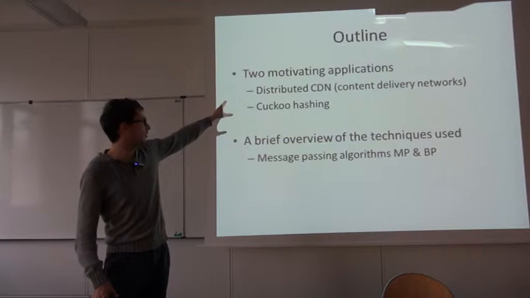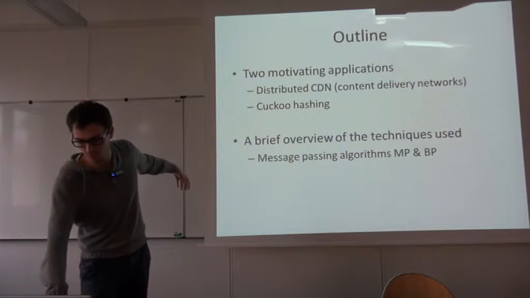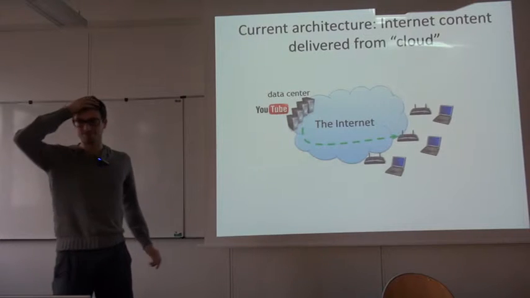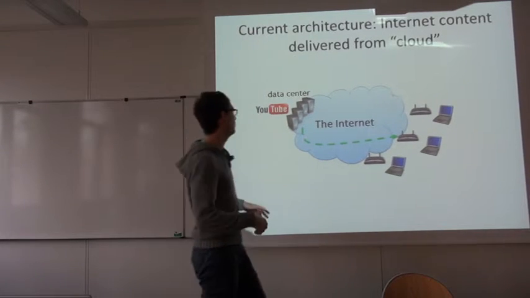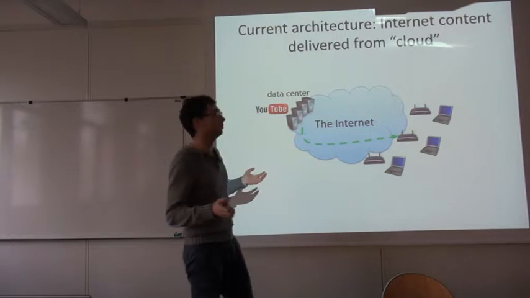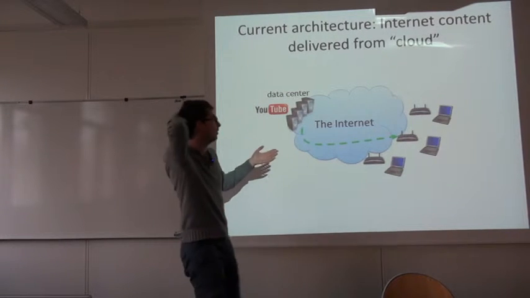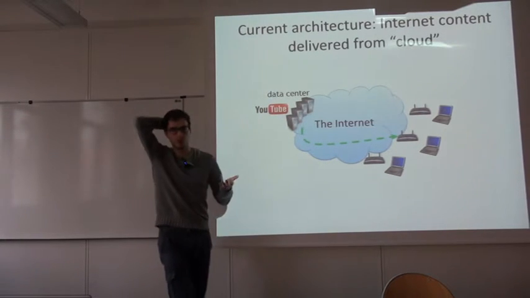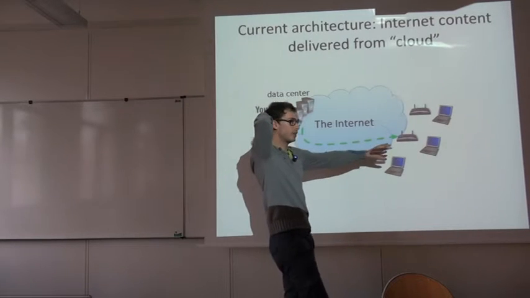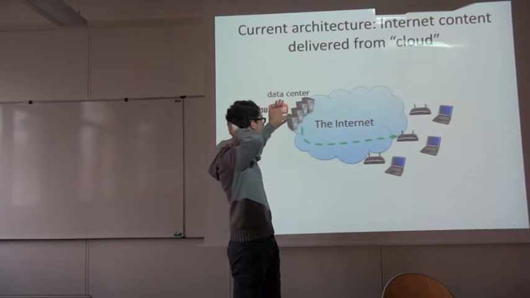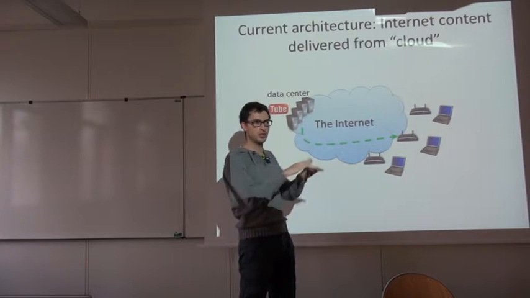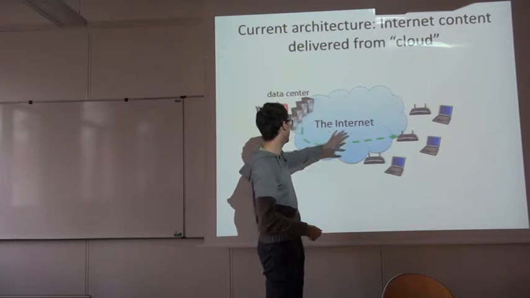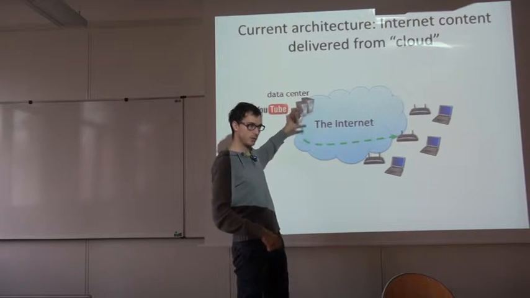So as I said, I will try to explain why we study this object using these two applications, and then I will talk about how we study them. So the first application is related to content distribution, or you can think of VOD, for example. Currently, the way we distribute content is that the users request a content which is downloaded from a data center, which may be more or less distributed. Maybe there are caches somewhere in the network. But basically, you download it from a data center